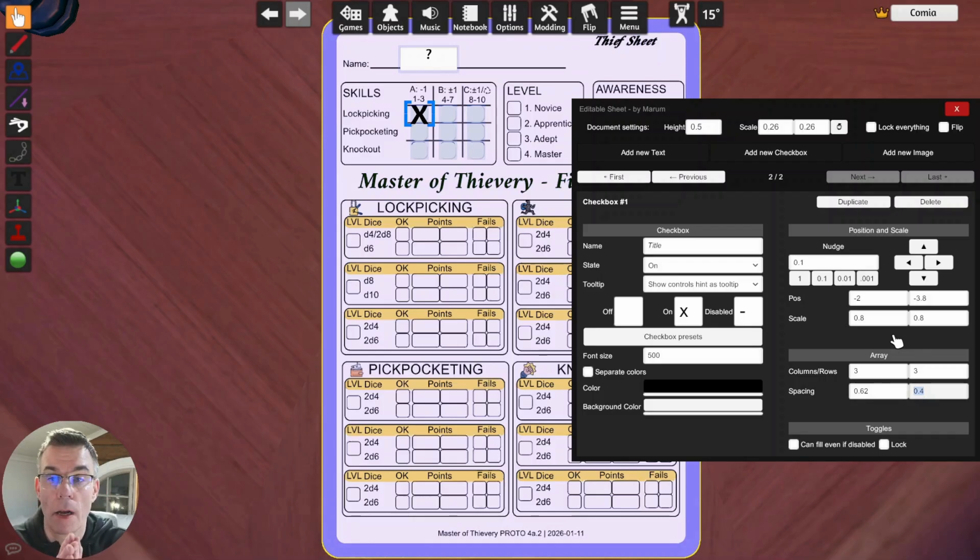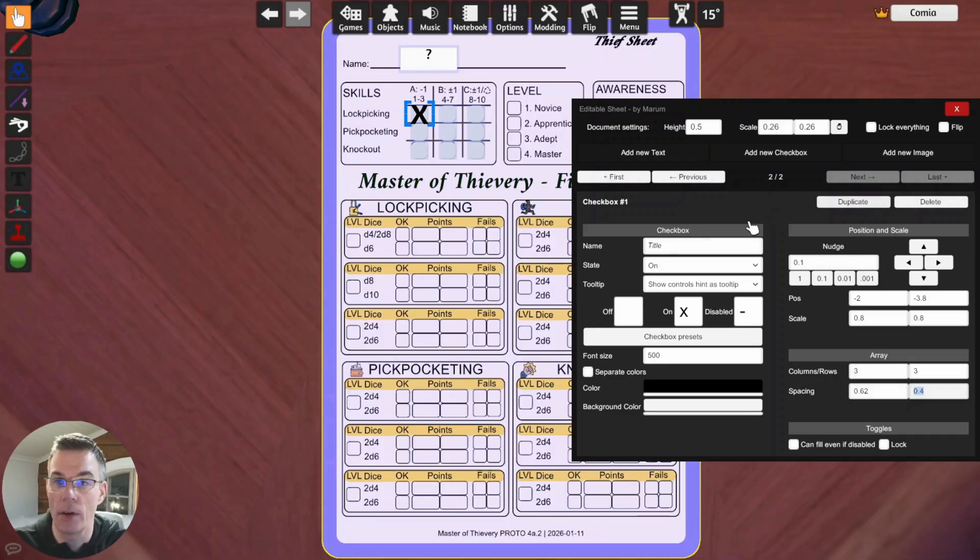And then I can copy this. I can copy the whole set. Well, for this one, it's not useful because I only have one 3x3 area here. But for these small areas that I have, it was very useful to make it once, these 2x2 checkboxes, and then just copy, because all the spacing was included in that copy and it was very easy to move that whole thing around.